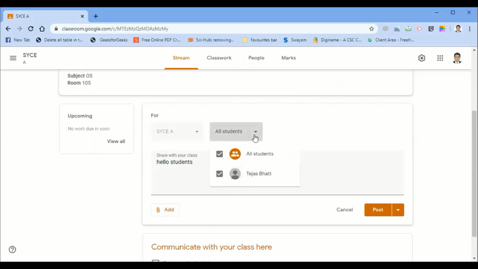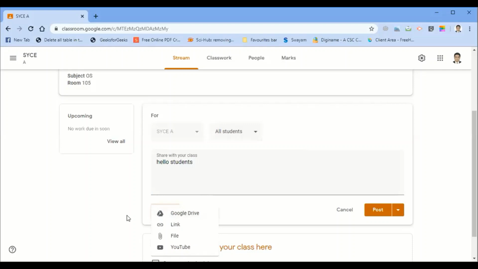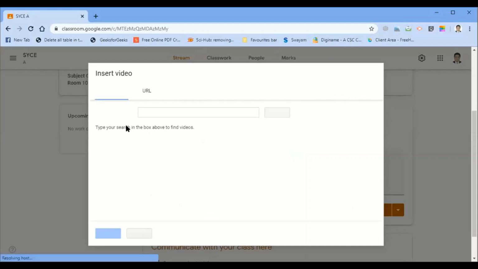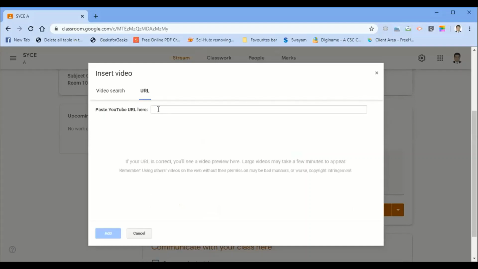Now I want to send to all the students. If you want to share something with a file, link, Google Drive or YouTube, simply tap on that particular option. I select YouTube. Now it will open a new window, and we have to paste the URL that you want to share with the students.